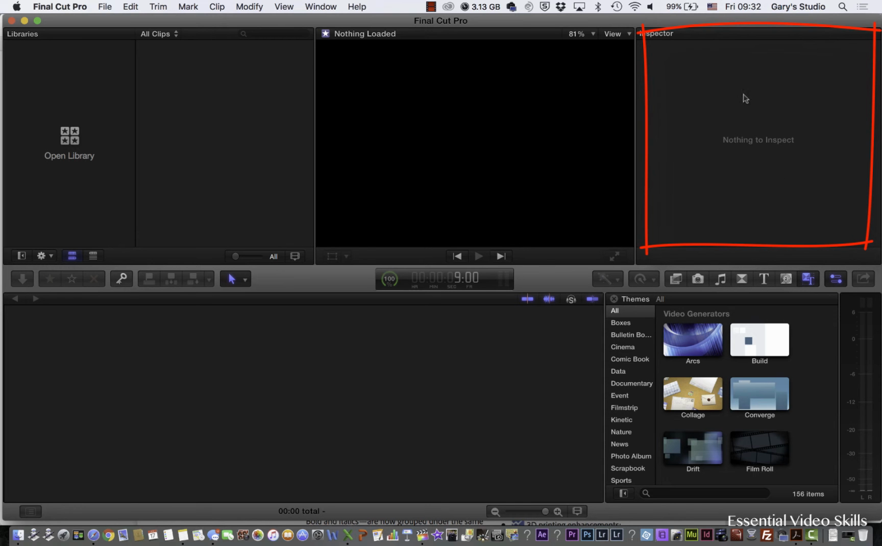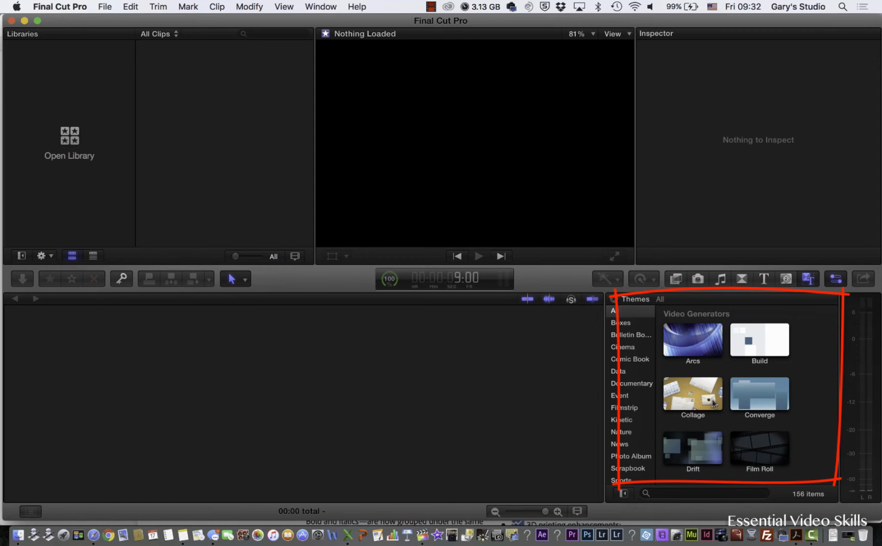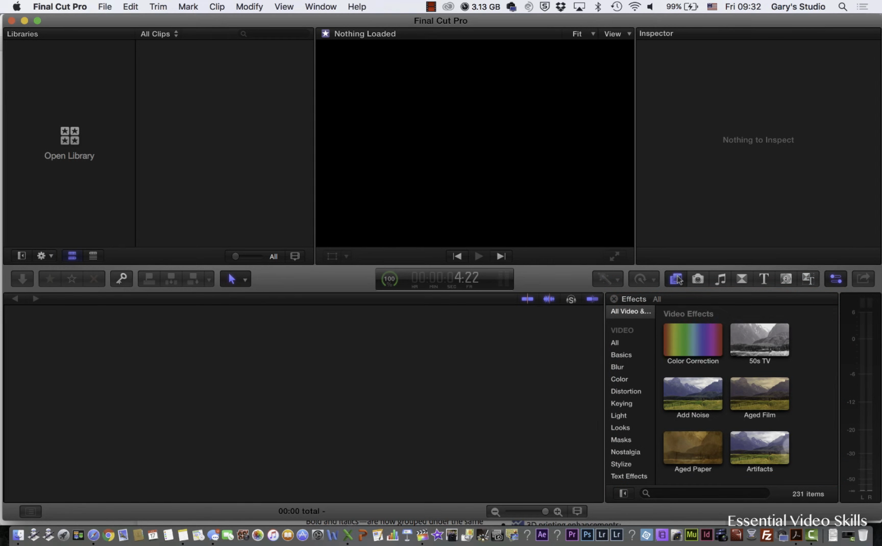Over here on the right hand side is the inspector, where you can see properties such as audio level, position on the screen, if you want to change the color, grade things. And down the bottom here you've got a whole bunch of assets that you can put in that are built in, such as if I click over here, you've got video effects, so you can make, as you can see here, aged film. You can do what's called chroma key, green screen, blue screen, where you can substitute different things